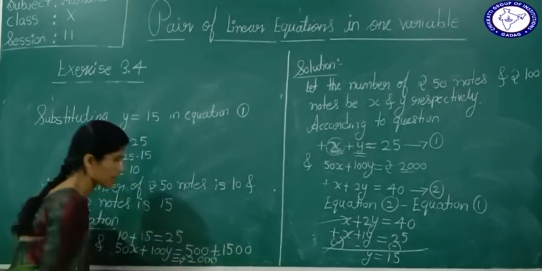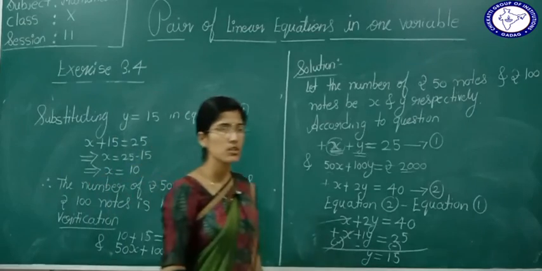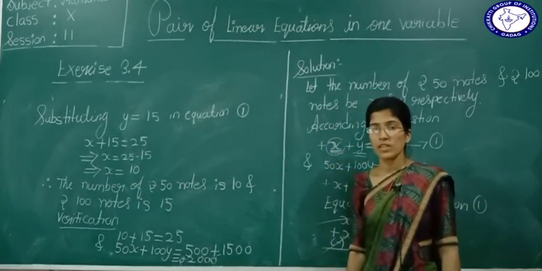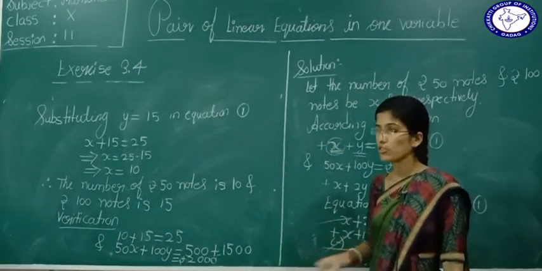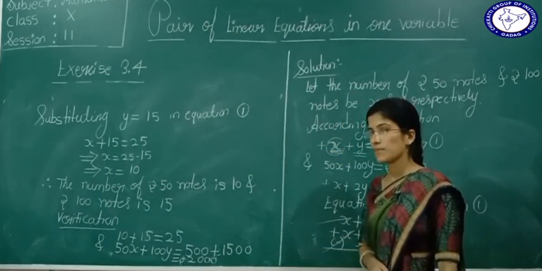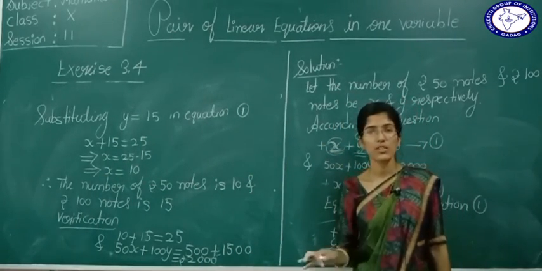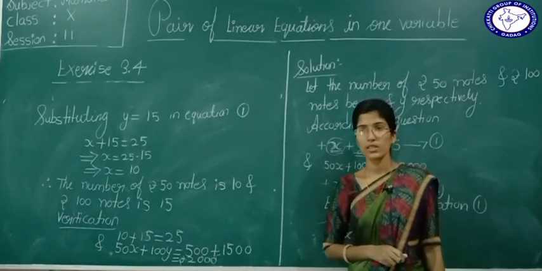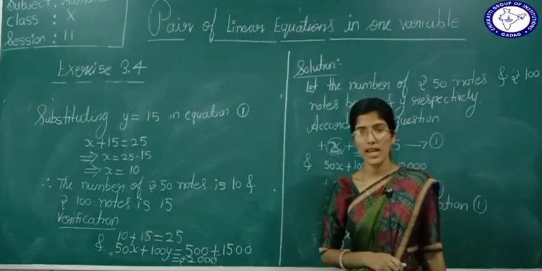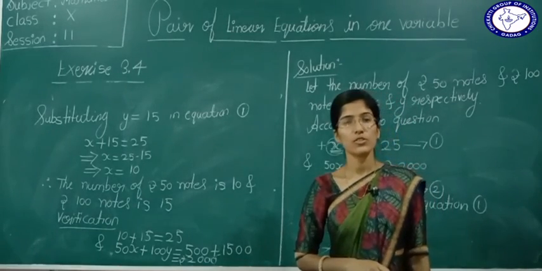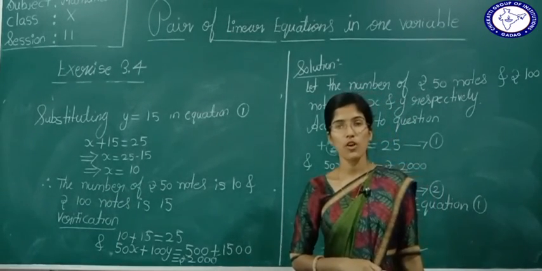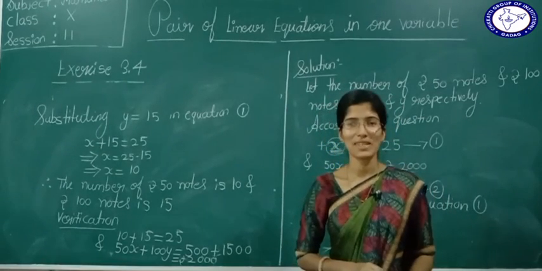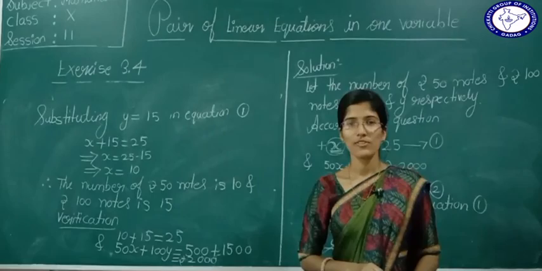This is correct. See, this is the way we form a pair of linear equations and find the solution of this. This completes your elimination method. Some problems are there, you have to try them. In the next class, we are going to see the third method of solving a pair of linear equations, that is the cross multiplication method. Thank you. We will see in the next class.